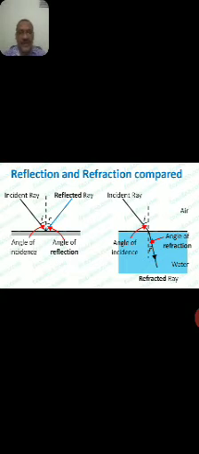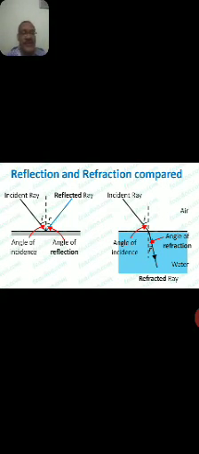In the diagram, the incident light is the continuous black line, and the angle between the incident light ray and the normal, the black dotted line, is called the angle of incidence. Coming to the reflected light ray, shown as the blue line, the angle between the dotted black line and the continuous blue reflected ray is called the angle of reflection. So in the diagram, I and R represent the angle of incidence and the angle of reflection.